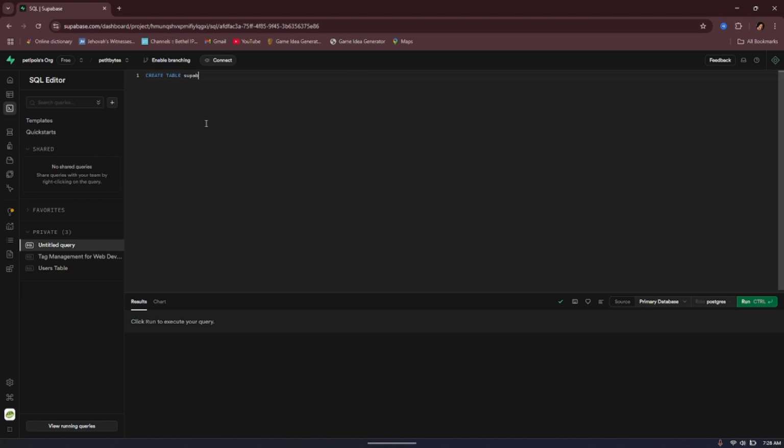I'm going to call it Superblog underscore posts, and we're going to say ID UUID primary key default, and then we're going to say, sorry, this is a comma, and then we're going to say title text, not null,